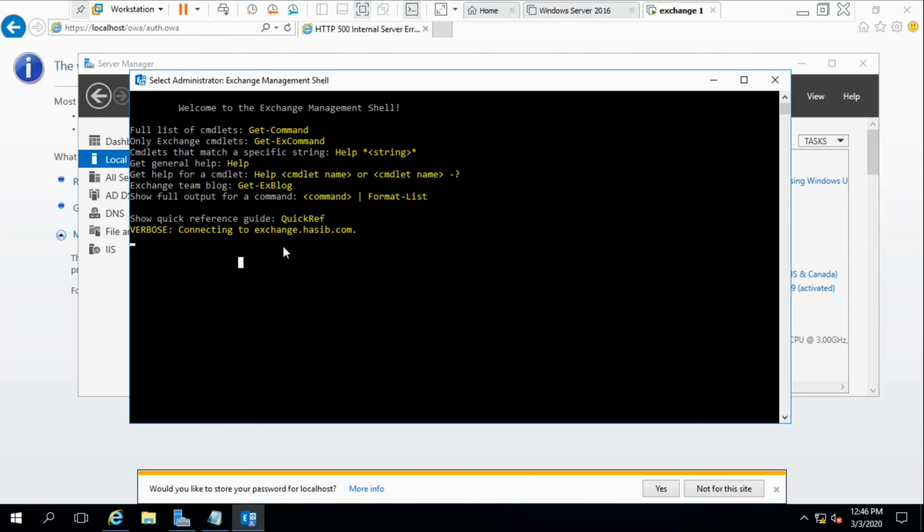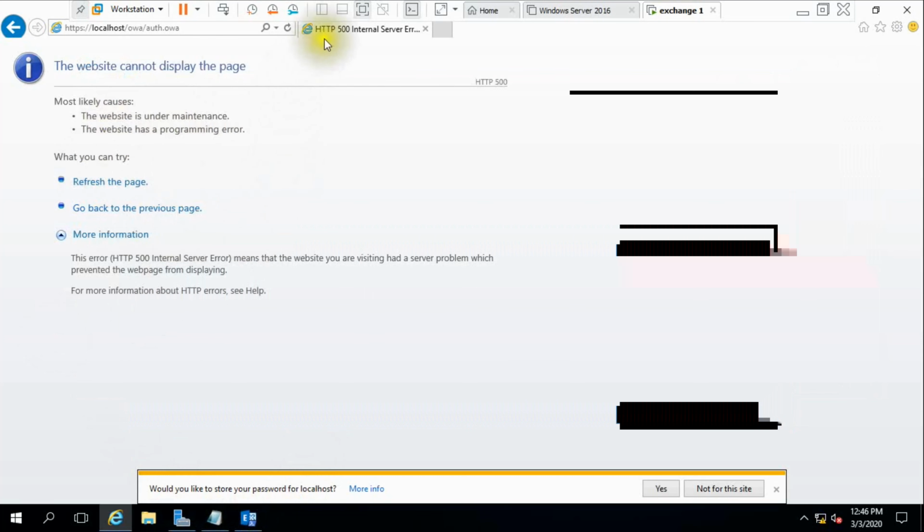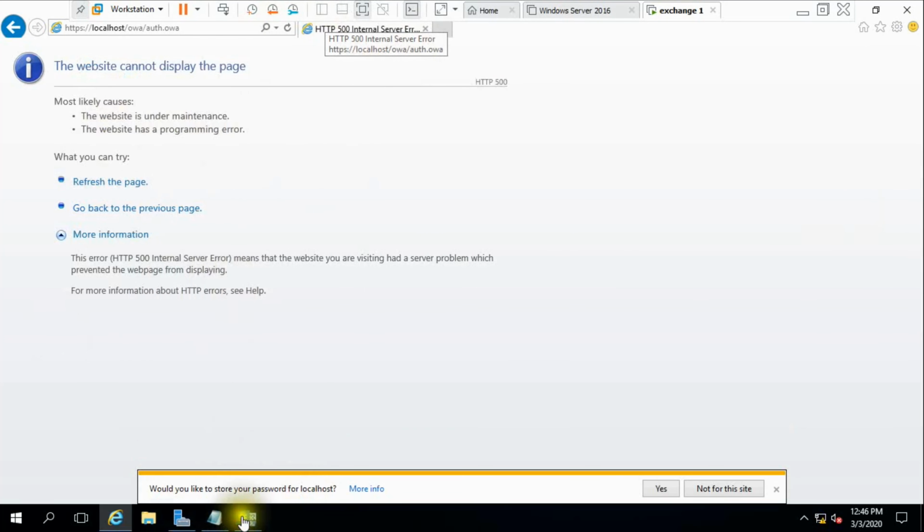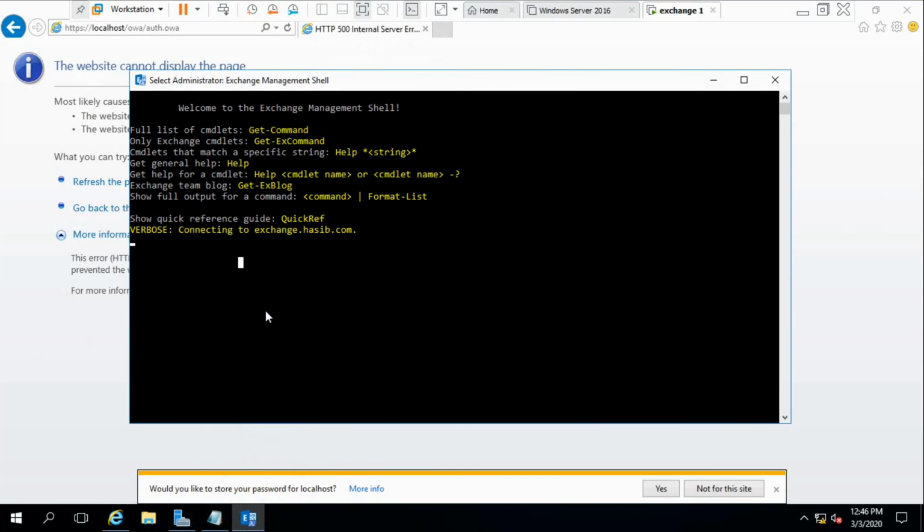If it's not connected, then the problem is somewhere else. We are trying to resolve the error 500. It is connecting. Let's wait a while.